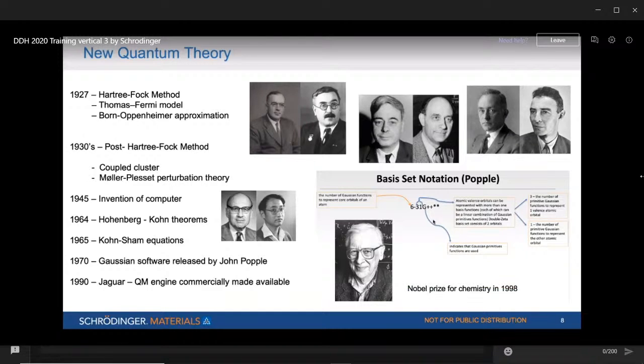1998. And in 1990, Jaguar, a quantum mechanical software engine, was released by Schrodinger. Now, if you look at it, there are 100+ quantum mechanical software packages available. So this is a brief history of quantum mechanics. It all started with proving that Newtonian mechanics does not work at the subatomic level. Then we were able to solve it for the simple hydrogen atom only. Then people came up with approximation theories that allow us to do it for molecular systems. Now we have 100+ quantum